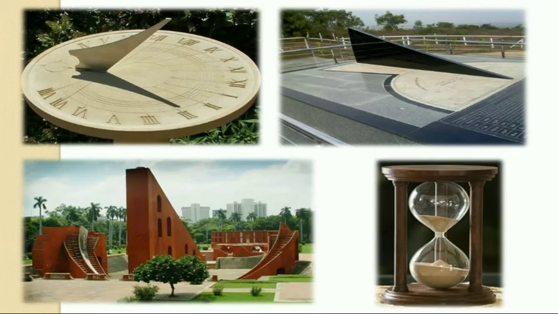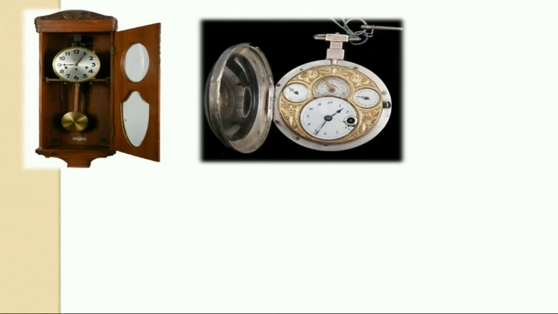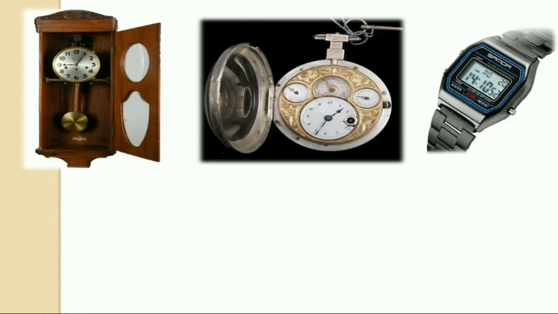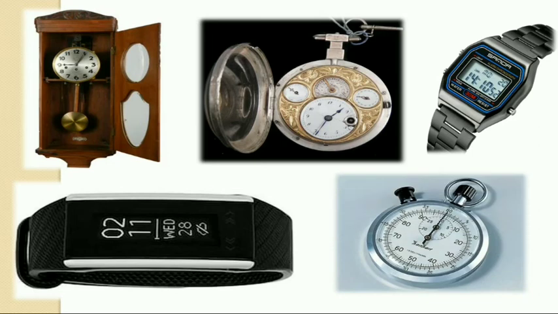And thereafter they used the sand clock or hour clock, and these are all called water clocks. This is the pendulum clock. This is also a hand clock. Thereafter some technology was developed and digital watches came. Now smart watches. We know everything from the smartwatch now. And this is the stop clock. This is used to measure the time required to complete one action, like that.